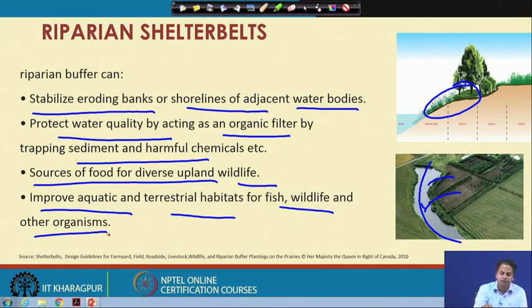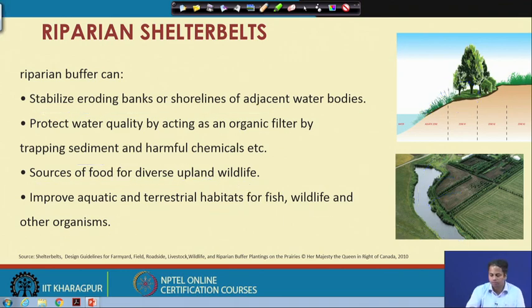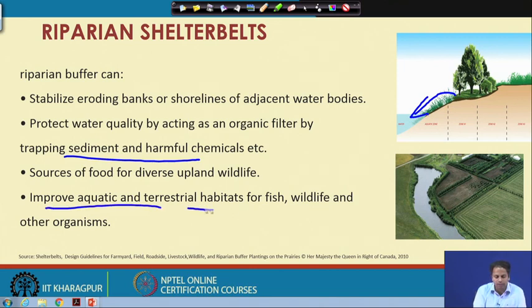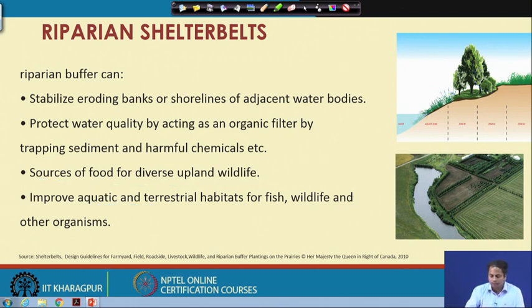So these are the different benefits of riparian buffers: protection from erosion, trapping excessive harmful sediments, improving aquatic life and terrestrial habitats over that region, and providing a source for upland wildlife habitat.